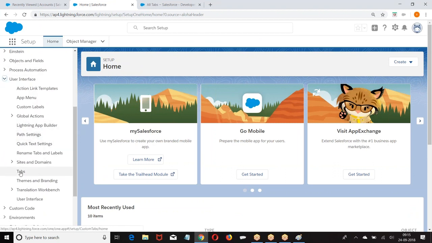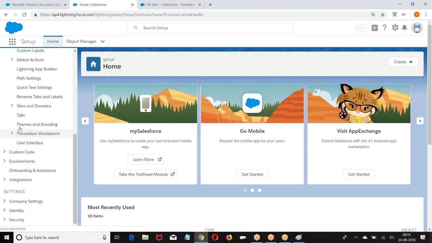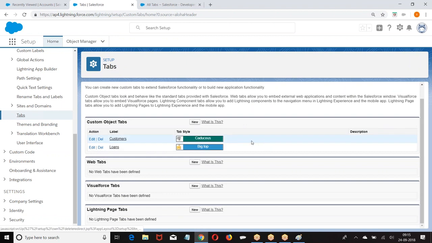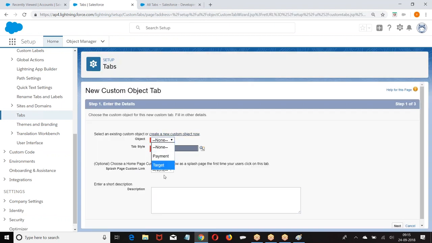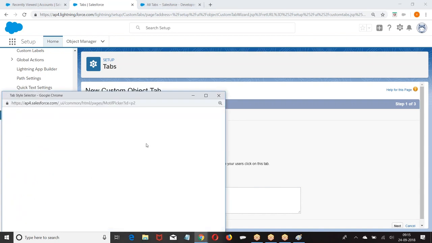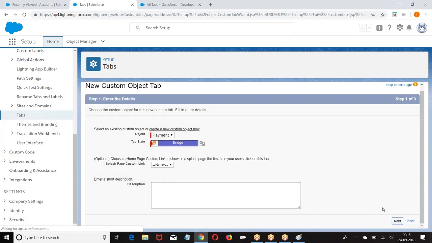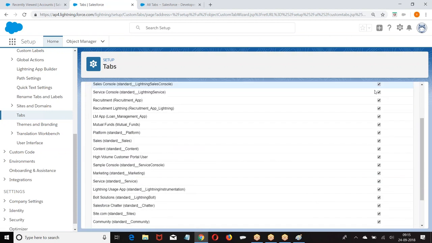Setup, platform tools, user interface. Then we have new. The procedure is the same. There is no difference in the procedure; only the navigation format is different.